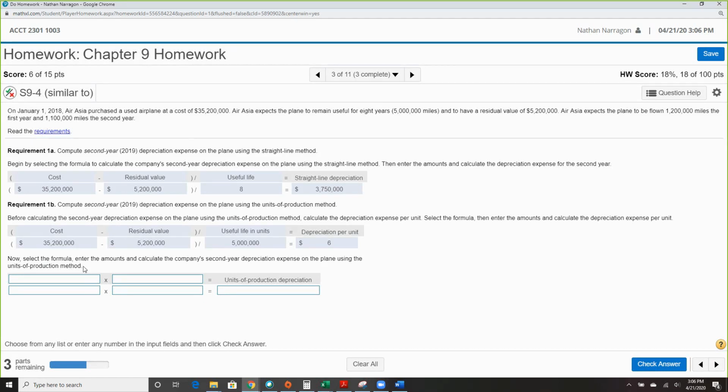3. Okay, so now select the formula to calculate. Okay, cool. So with this, we're going to take current year usage and times it by depreciation per unit. The current year's usage, be careful. This is under second year. We do this just to mess with y'all. Second year